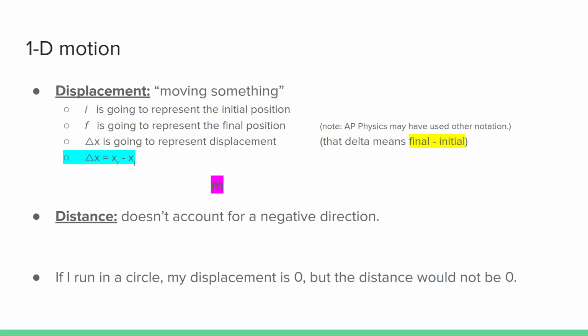It's like one of those things where it can be the same thing or it just might not be. Basically, displacement's a more specific version of distance, if you want to say. And it's what we're going to be looking at. And the reason why is that it accounts for direction. We care about if you're going in a positive or negative direction in physics.